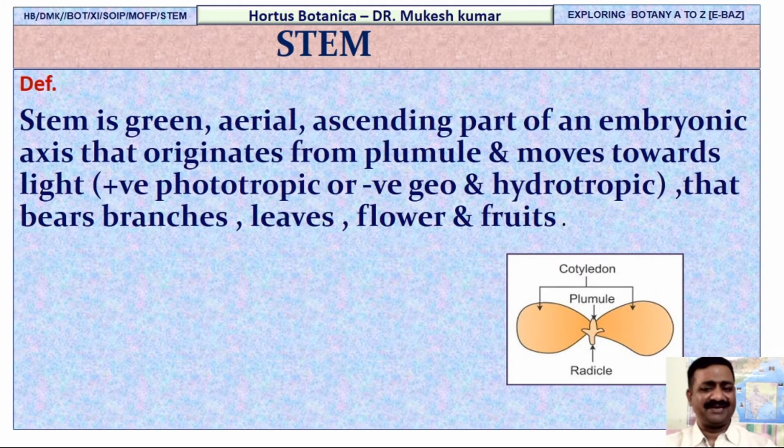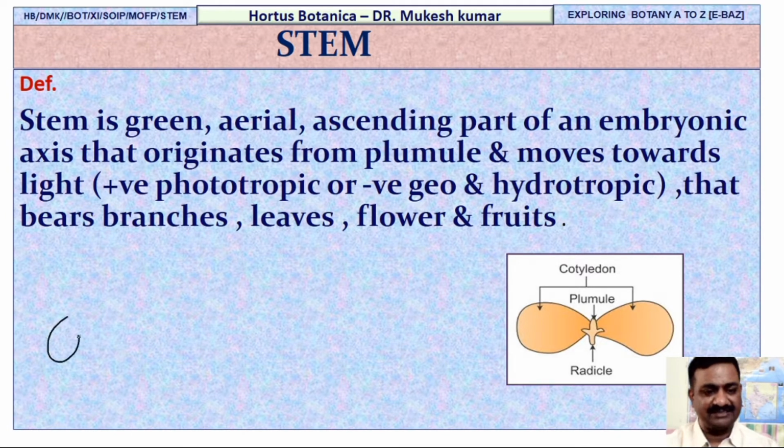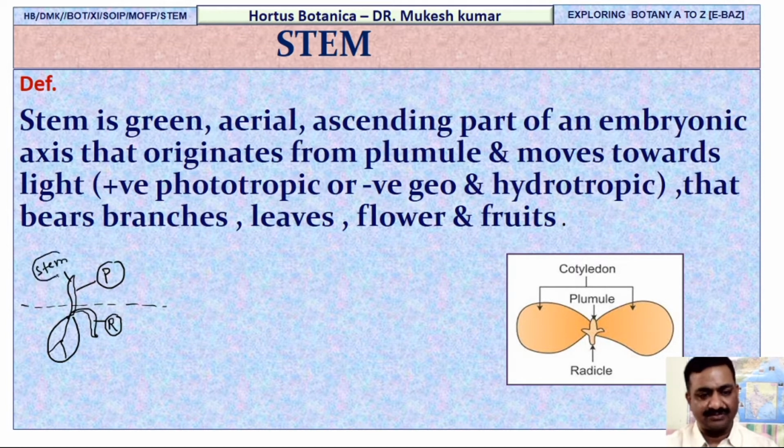So next, what is a stem? Remember what we studied about the root. We can easily correlate both the root as well as the stem with a comparative study. Just recall, this is a seed, and this germinating seed will show you this structure. This is called the radicle. We studied in the last class that it gives rise to the root, and this is the plumule, and this plumule will give rise to the stem. So it will bear a stem and further the shoot system.